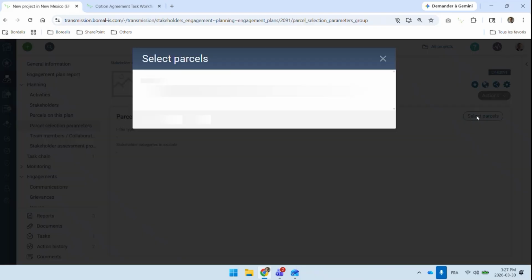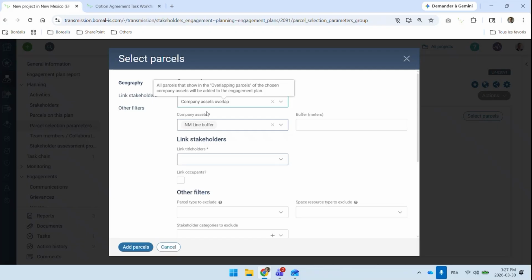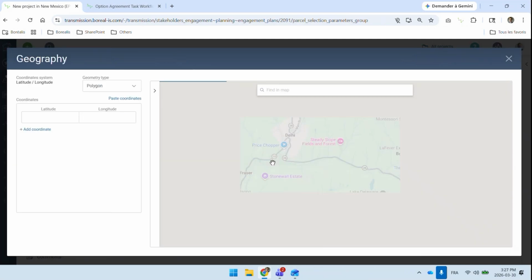The select parcels feature, which could be done because this time I had a line provided, a shapefile. I could do the company asset overlap here and link everyone, the occupants potentially, that are overlapping this line. If I didn't have that line, I could have still identified those parcels of land by entering a geography. So I could have simply opened the map tool here,